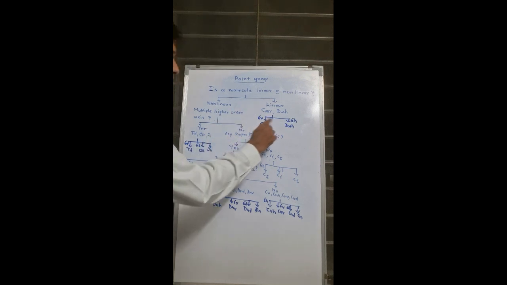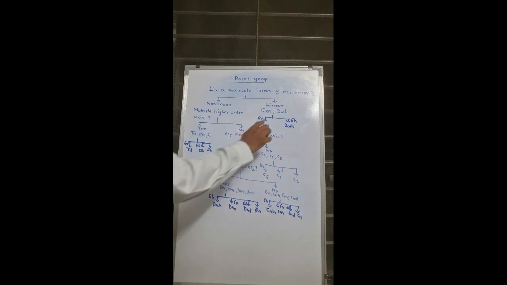In case of the hydrochloric acid, this molecule is linear, so the C infinity v or D infinity h point group may be present, but the plane is parallel to the main principal axis. It means sigma v is present, so the point group is C infinity v. Another molecule is